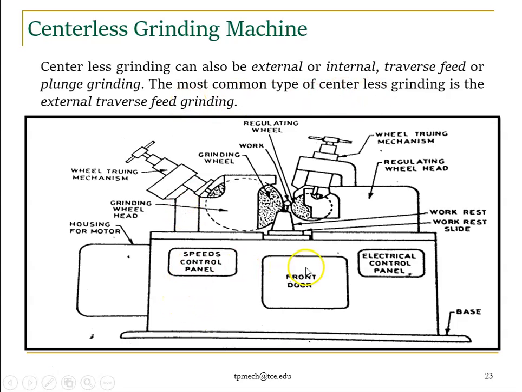Here we have a base, and we have a bed. The bed acts as a housing for motors and other mechanisms. On the top of the bed we have two rollers, right? One is the grinding wheel, another one is the regulating wheel. Both are controlled by a hand wheel, right? It is used to provide the feed. And we have some drawing mechanisms. We will see later what is meant by drawing mechanisms. And the object is placed on top of the work blade rest, right? So this is what a centerless grinding machine is. The difference with a centerless grinding machine is that the objects are held with the help of rollers, not centers.